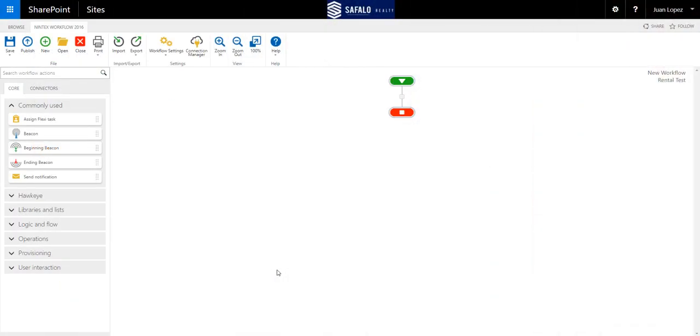When building out your workflows, not every workflow is A to B to C. Sometimes you require some logic within your workflow. And one of those logic actions that you may use is a run if. So let's actually use a run if on our designer and take a look at how that could be used